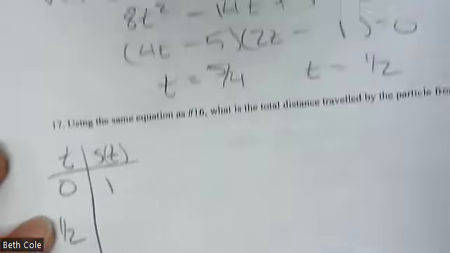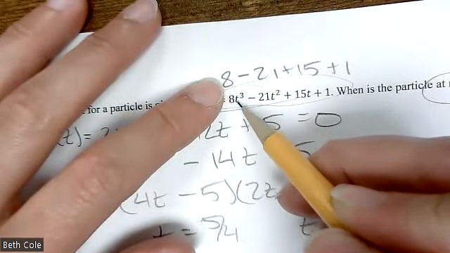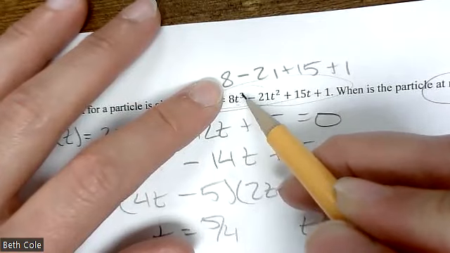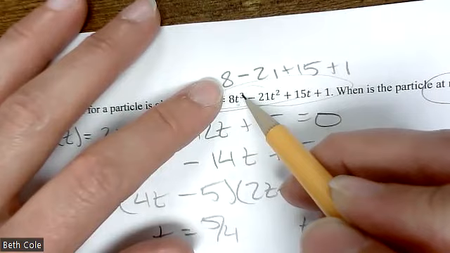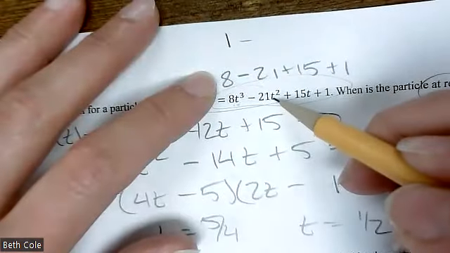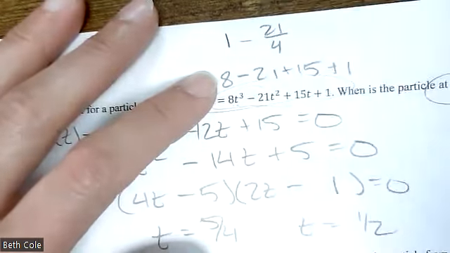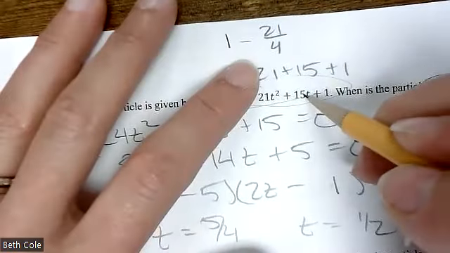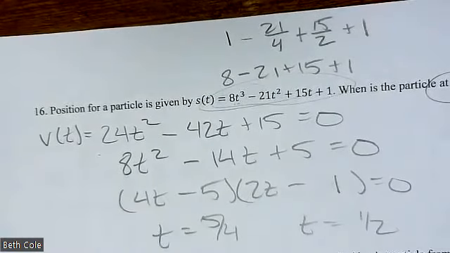And then we're going to do the same thing with the 1/2. So if you plug in a half cubed. Well, what's 2 cubed, guys? 8, so it'd be 1/8 times 8, 1, good, minus a half squared would be a 1/4, so 21/4, hold on, we'll be okay, plus 15/2 plus 1. If you want to fight your way through that, you need a common denominator, which would be